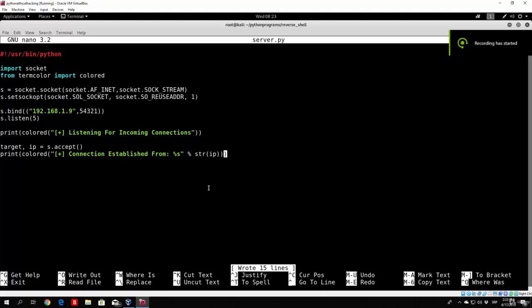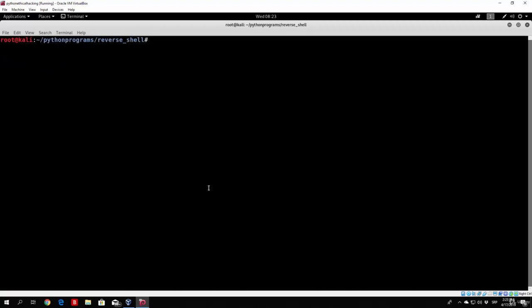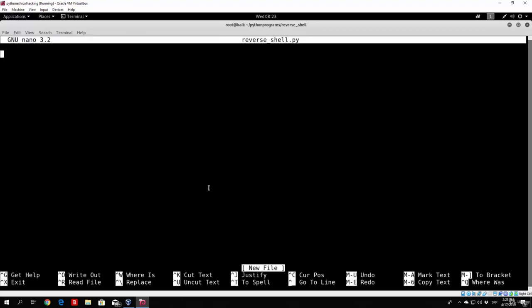Hello everybody and welcome back to this tutorial. Right now we are going to code the reverse shell side of the code. We can see right here we successfully coded the server side, so let us exit this and nano reverse_shell.py. We add the standard usr/bin/python line, and we will import the socket library as we are going to need it to actually